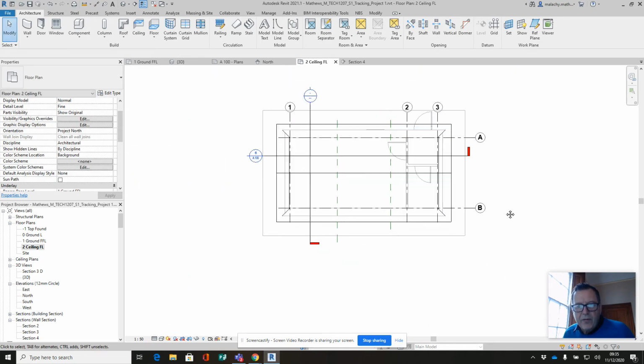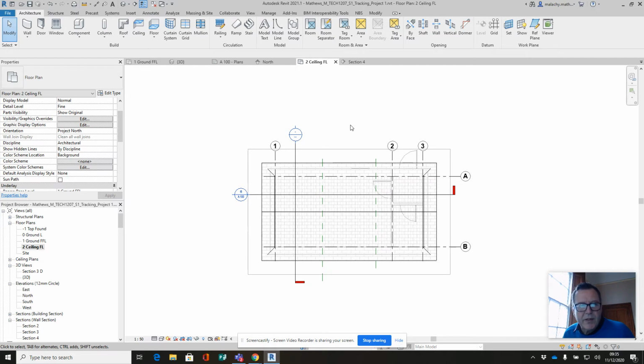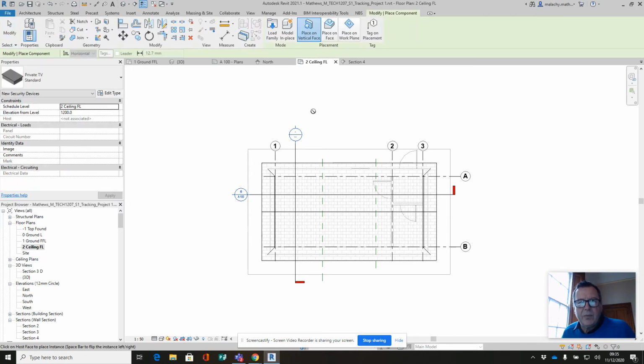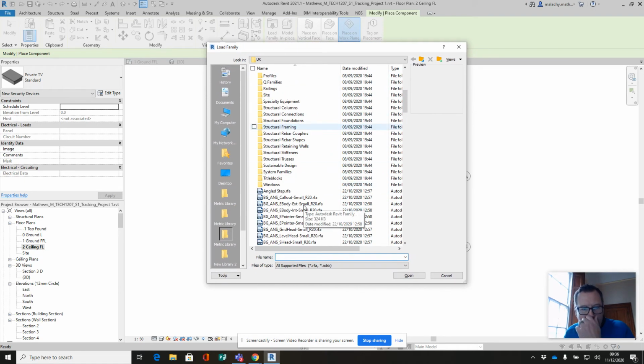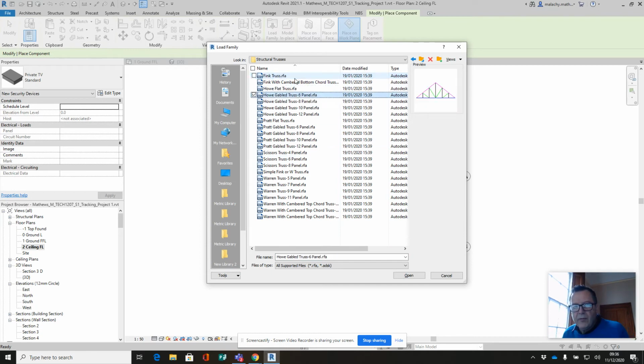Okay, 4350. So remember that 4350. Now I'm going to introduce a truss into the equation. So I'm going to component and place a component. I want to place this on a working plane, and I want to load family. Okay, trusses. There is a specific folder here for trusses. But these ones here are more for larger projects, not necessarily for domestic. And you can see that they're made up out of lines. So listen, we'll be covering that next semester. In this case, we're not going to use trusses here. We're actually going to go